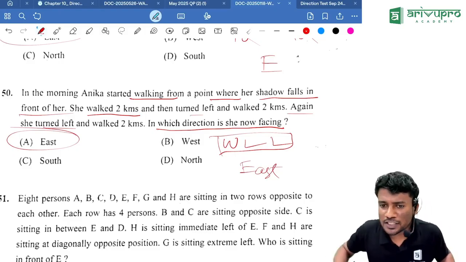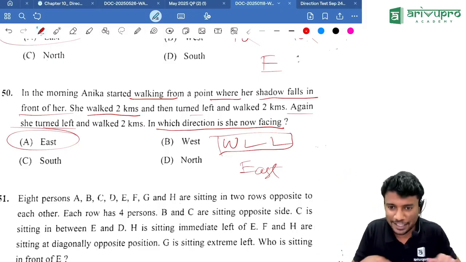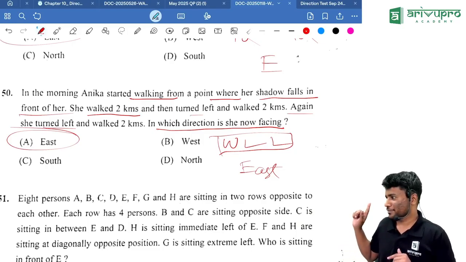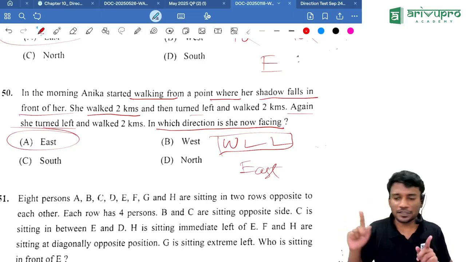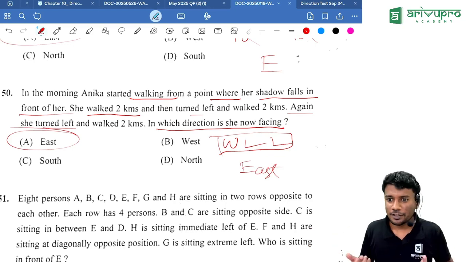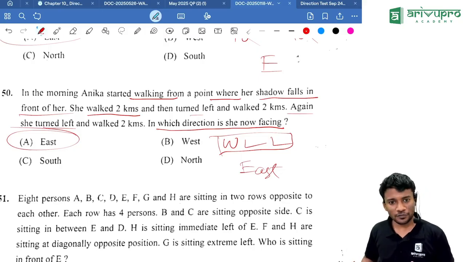Now I will ask you a simple question. If you had attended the class, will you be able to solve this entire question in like 1 minute? It is possible. It was one of the easiest papers. The Jan attempt was one of the easiest in direction sense tests. If you just learn 2 types of questions itself, you are getting all the marks.